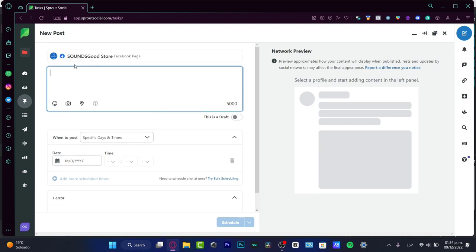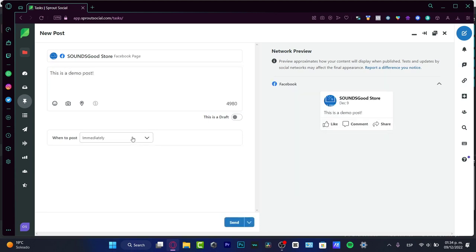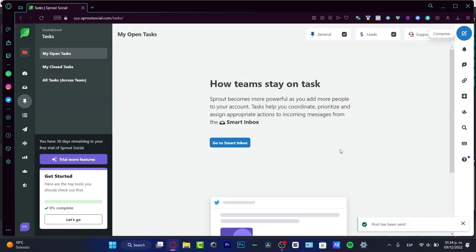Current profile that I'm using, which in my case is Facebook page. So what I want to do is to say this is a demo post. Where do you want to post this? Let's say immediately. Go into send, and post has been sent. If you want to make sure